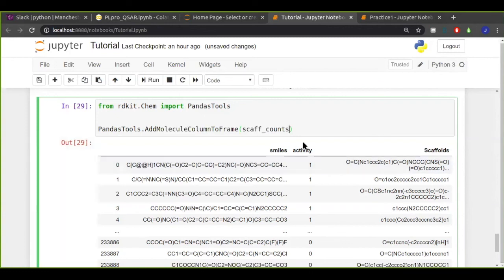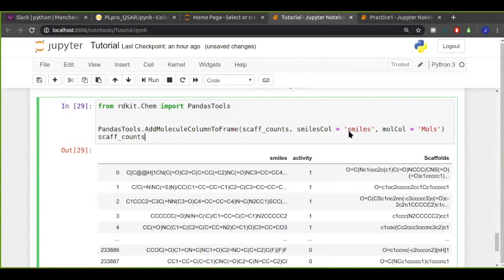It will handle everything for you and update scaffcounts in this case. Okay, what else do I need to pass it? The smilesCol equals, and then the name of the smiles column, smiles in this case. And optionally, the name of the column which it will create that will contain the molecules and the renderings of the molecules, molCol equals, and I'll just have that called mols.